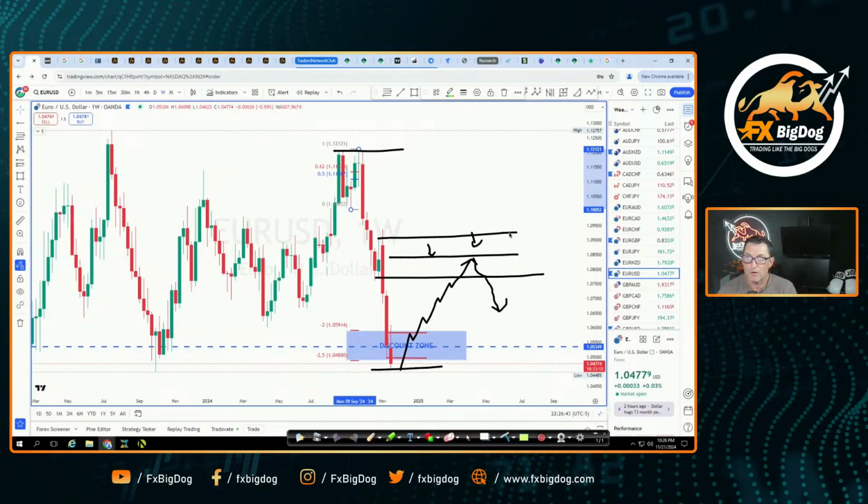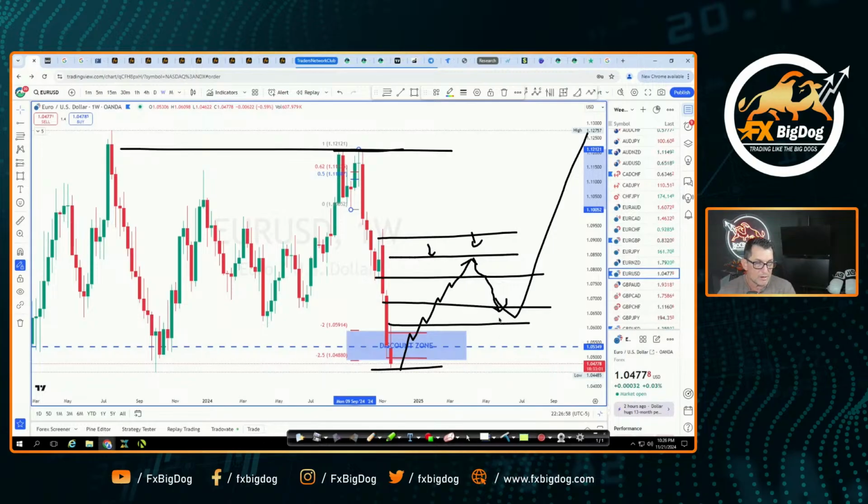We don't know what it's going to do after that, but we've already looked at the monthly time frame, and we said the monthly is probably going to target this level right here. So we could get the market rallying up, hitting resistance, pulling back down, looking for old inefficiency, a fair value gap, to become support for the market, and then start rallying back up again. Obviously, this is a conversation we'll have down the line, but the most important thing right now, traders, is that I will be paying attention to the weekly.